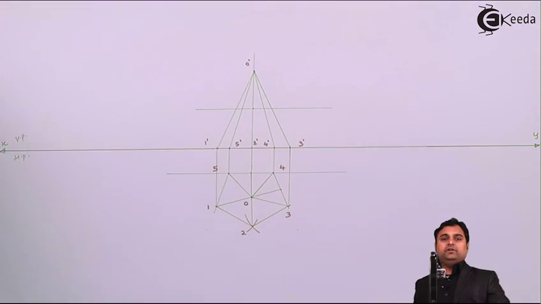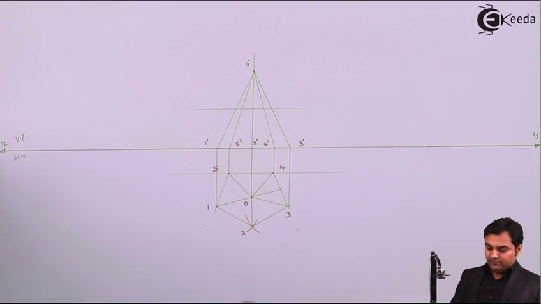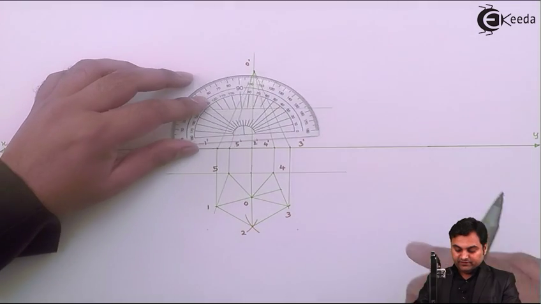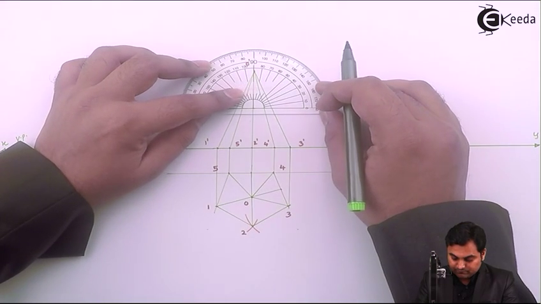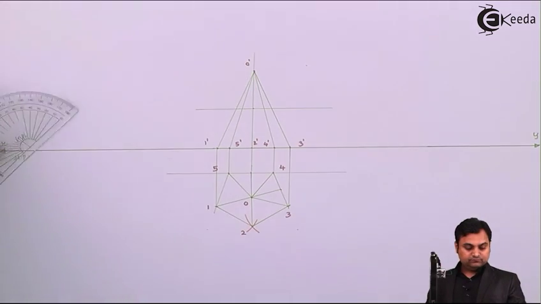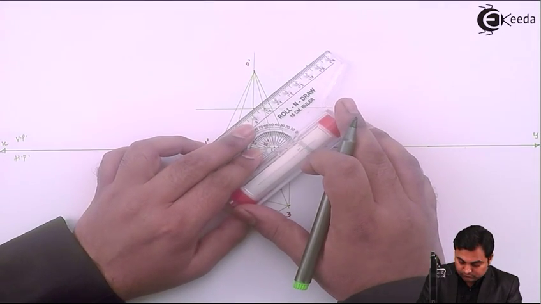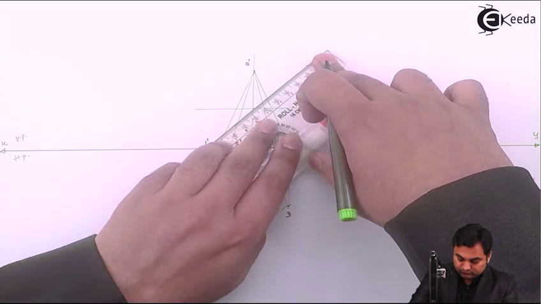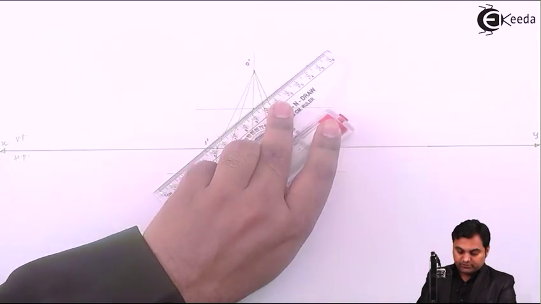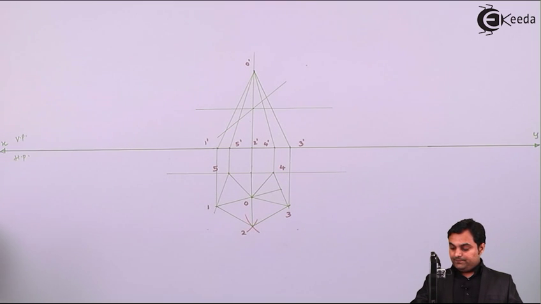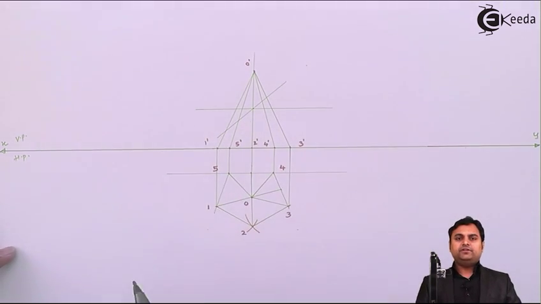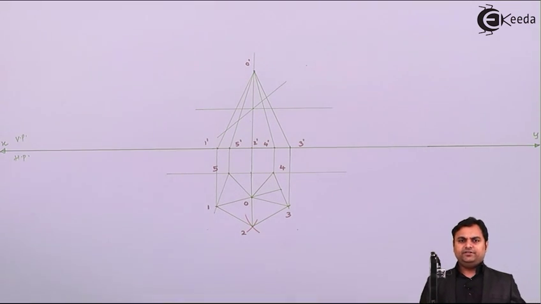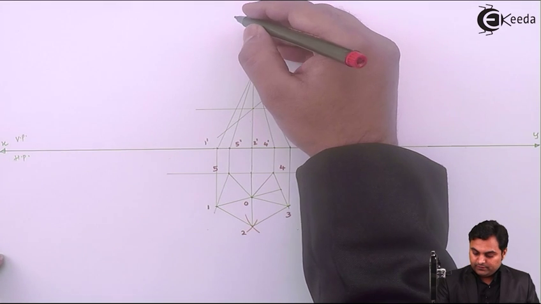So the cutting plane is visible in the front view because inclination with HP will be seen in VP. So inclined at 45 degree. Drawing a light line through it. Now this is the cutting plane, and I have to see that which portion is to be removed and which is to be retained. Since this is the front view and we are seeing the sectional plane in the front view, now when this pyramid is cut in the front view, we are going to see the sectional top view, and for that